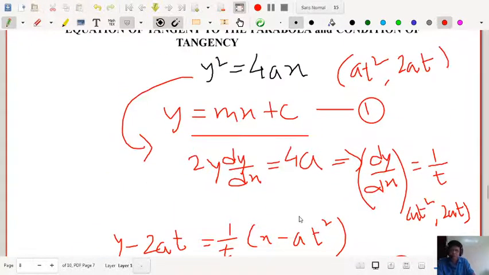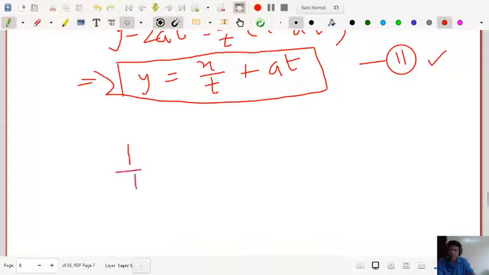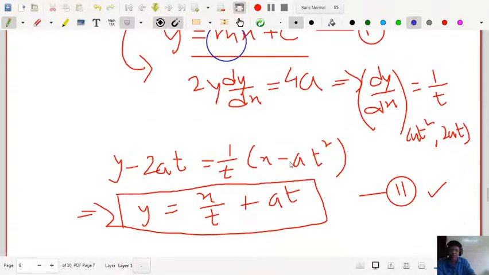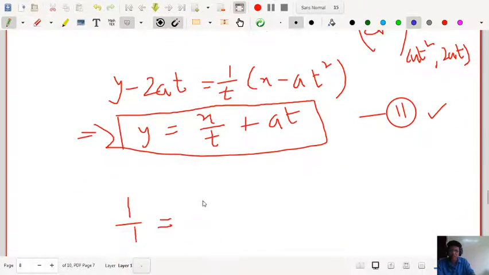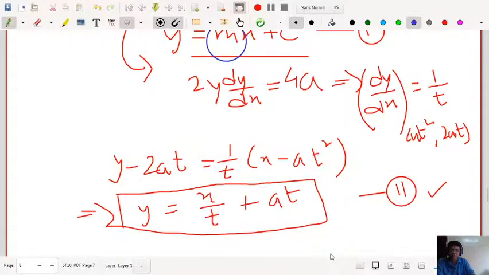So if two lines are identical, their ratio of the coefficients of x and y and the constant term will be equal. So what is the coefficient of y? 1, 1. And what is the coefficient of x in both the equations? Here the coefficient of x is m, and here the coefficient of x is 1 by t. So let us write m by 1 by t equal to, what is the coefficient in the constant? c